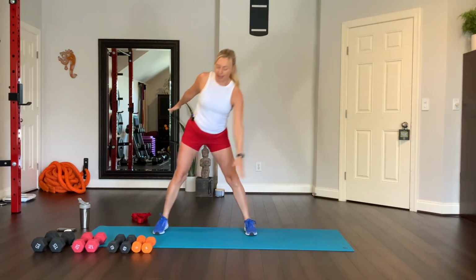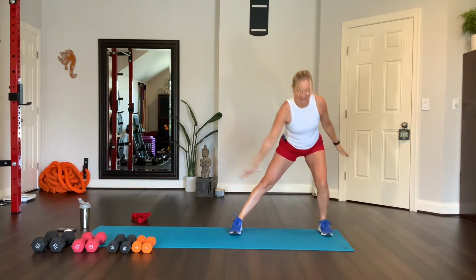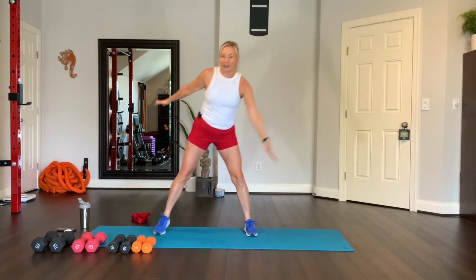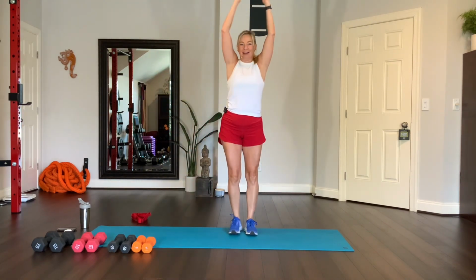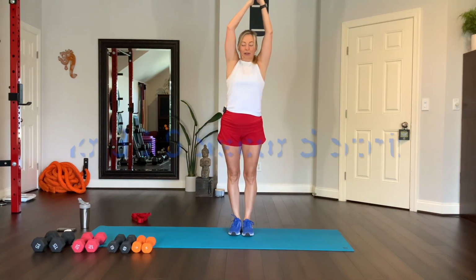So sumo jacks, you'll step wide and then hop your feet together, touching the floor and then clapping your hands overhead. So kind of starting that pattern right here. All right, so low is like this,